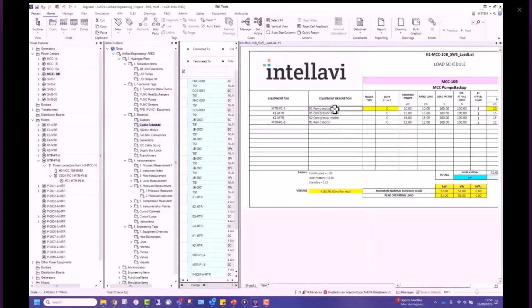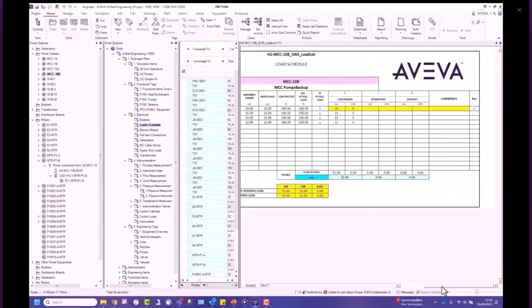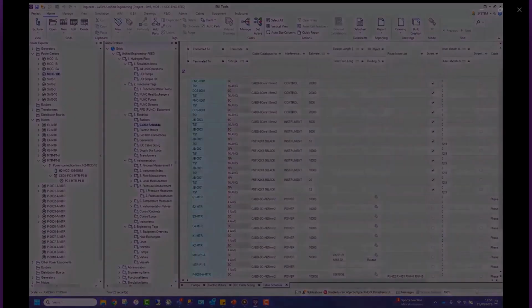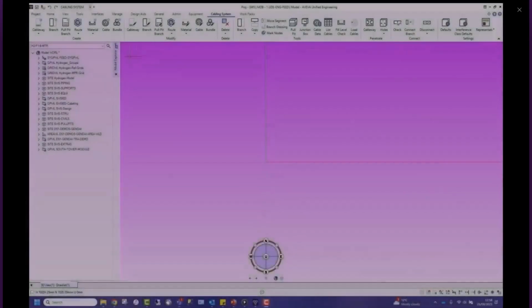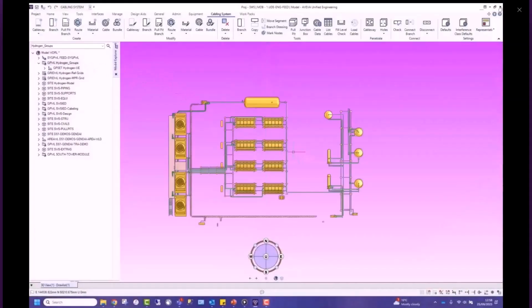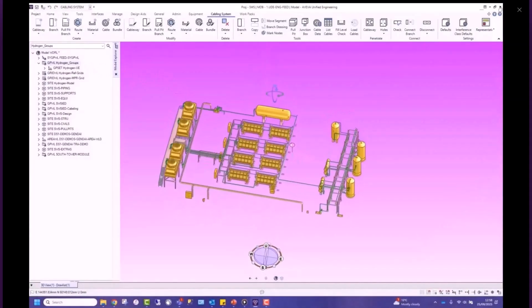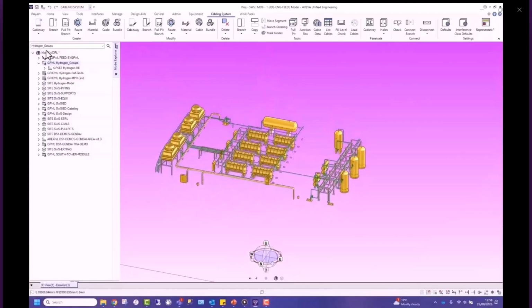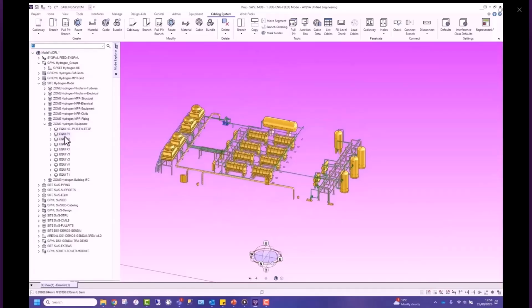To complete our demonstration, we will move into the E3D design part of AVEVA's Unified Engineering. The power and benefits of the world-class leading AVEVA E3D design tool are well known throughout industry. Here we will see a very short workflow specific to the modifications required for our engineering change. After instantly locating the original pump tag, and by using the Explorer search bar, we zoom into the area of